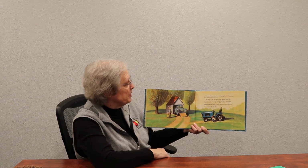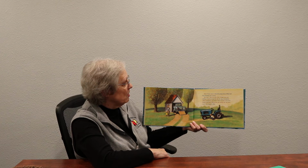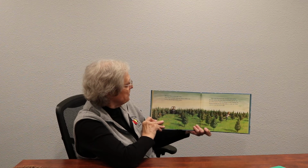When Parker came to help with the spring chores, Wilma had been shopping for a tractor. She chose a blue one with a horn. Though there was nothing to honk at except the sky, the ring of mountains, yellow daffodils, and Parker. Wilma let him try the horn. Parker would have liked to drive the tractor too, but 7 wasn't old enough to drive it. The trees weren't old enough either. When Christmas came, they were still too small to cut, so they slept through another winter. Again, some were lost to the mice and the deer, storms and ice, but when spring came, there were